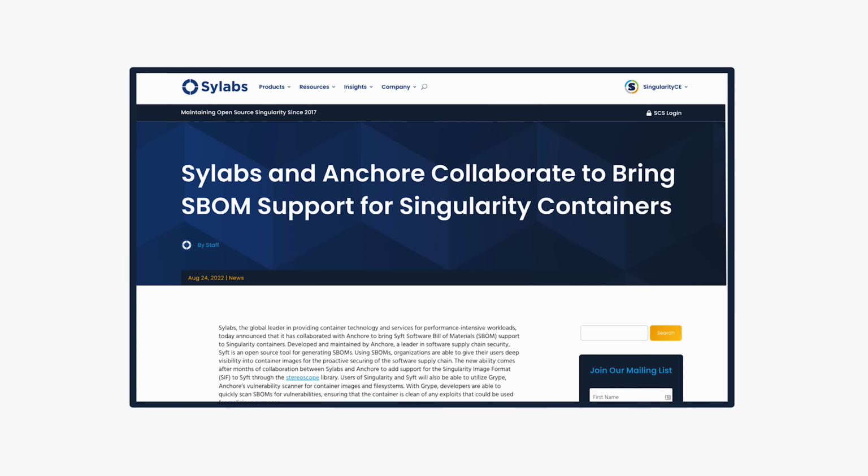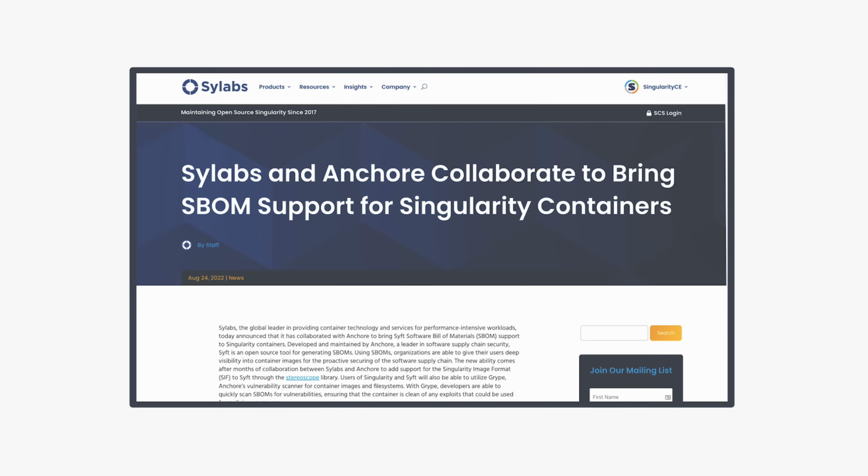Let's briefly touch on some of the features of SIF, the default Singularity container image format. SIF is an immutable single-file container image format supporting cryptographic signatures. The single-file SIF container format is easy to transport and share. Native support of encryption. Integration with Anchore Syft and Grype for support of software bill of materials, or SBOM. This container image format became important for scientists and researchers in that it provides a mechanism for portability from a development workstation to wherever the container is deployed in production. It is a single file that can be encrypted and does not require decryption to disk before running.